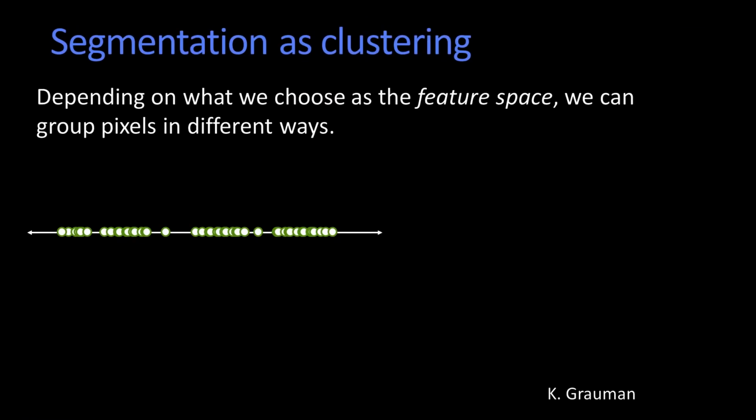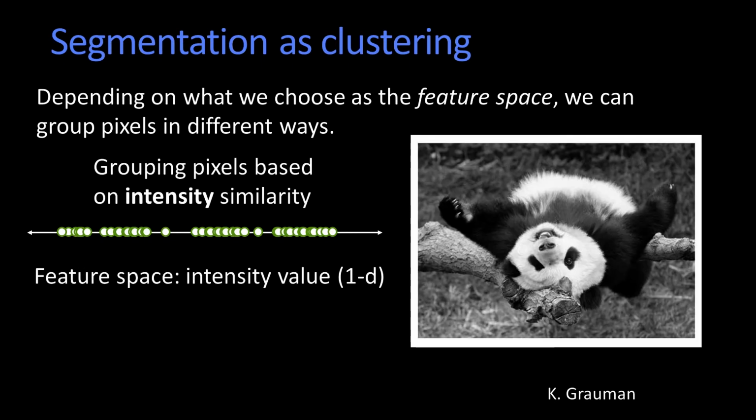To apply this to the segmentation problem of vision, we have to think a little bit about what feature space we do this in, all right? And it turns out for an awful lot of what we do in clustering and segmentation, and frankly, just about everything in computer vision, the feature space you use is what matters. So here I'm showing you that single line, with the idea being that we're just grouping along a single intensity space. So if I were to cluster using just this simple intensity space, what would it do to this panda